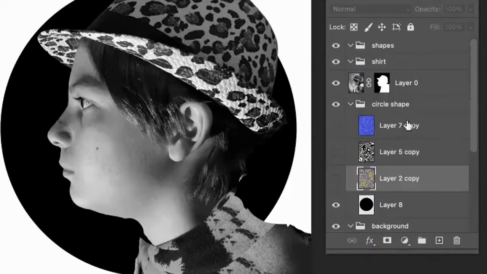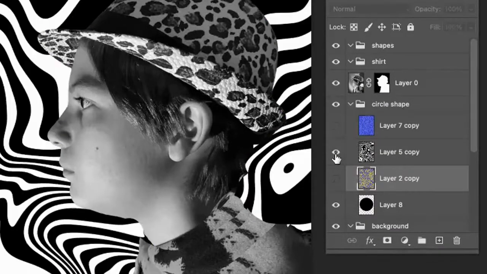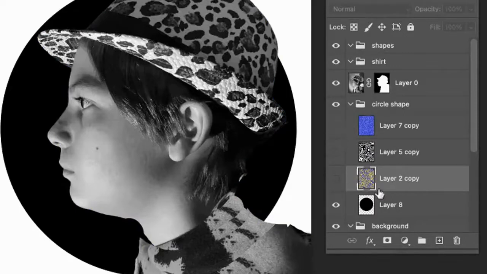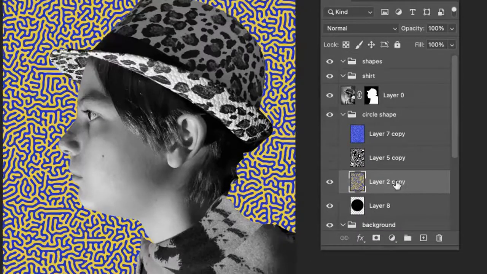So right now, in my circle shape folder, you will see all of your patterns. But you'll notice it doesn't show in the circle. To do that, we have to create a mask. So what you want to do is highlight your first texture pattern over your circle. In my case, it's this blue and yellow thing. There are two ways of doing this. One way is that you can hold your Alt button down, and then